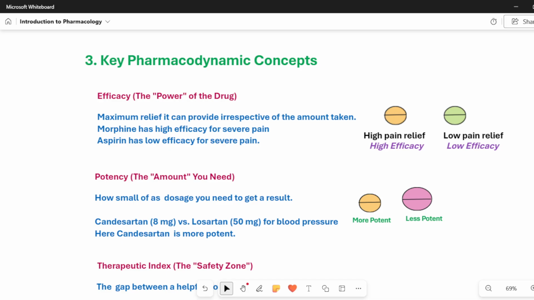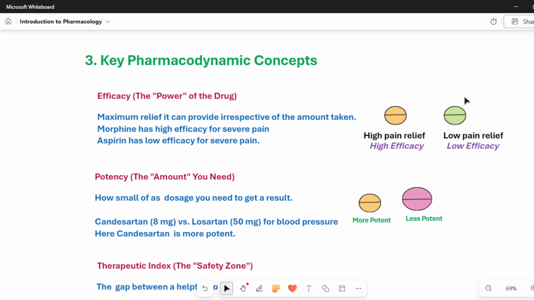If you are taking a morphine tablet, the morphine tablet has high efficacy. Why do we say that? Because it has high pain relief. The amount of pain relieved by morphine will be higher compared to the amount of pain relieved by an aspirin tablet.